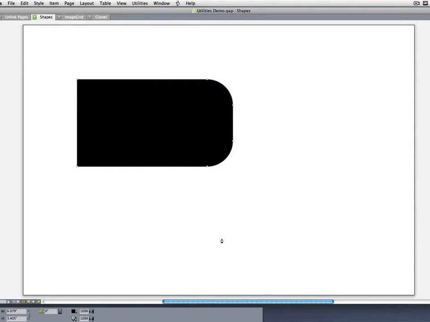So if I go in and look at the control points, we can see that it is just a raw Bezier path and can be edited as such. It's no longer a QuarkXPress effect like the regular corner styles are. And the reason you need to keep that in mind is because if you later